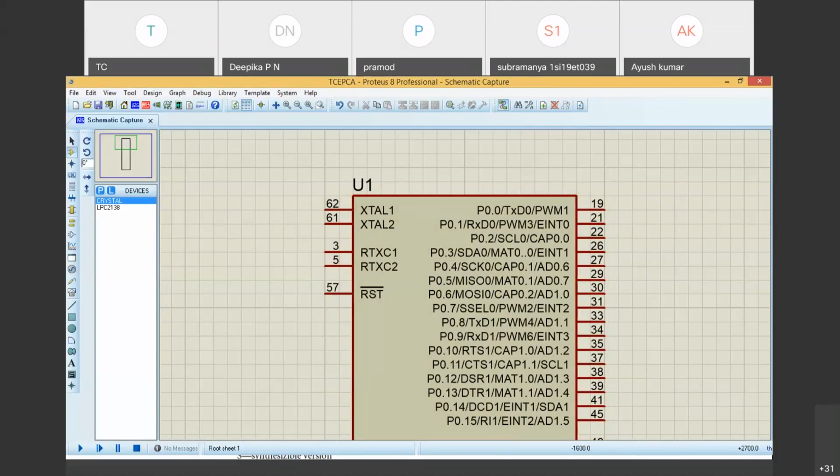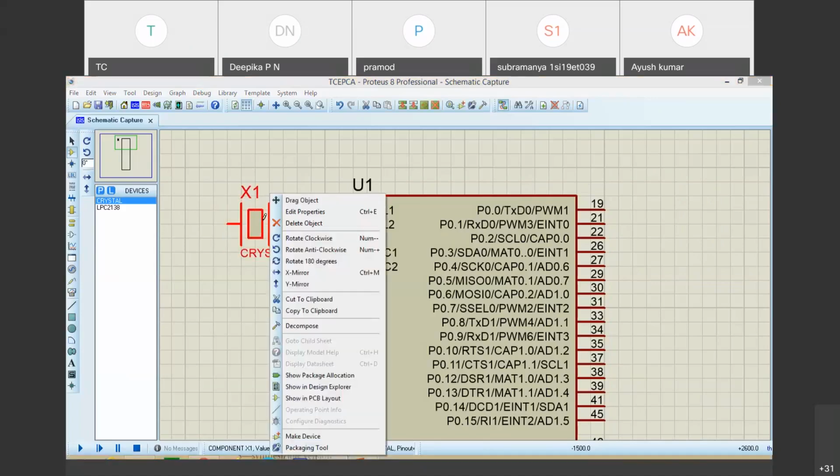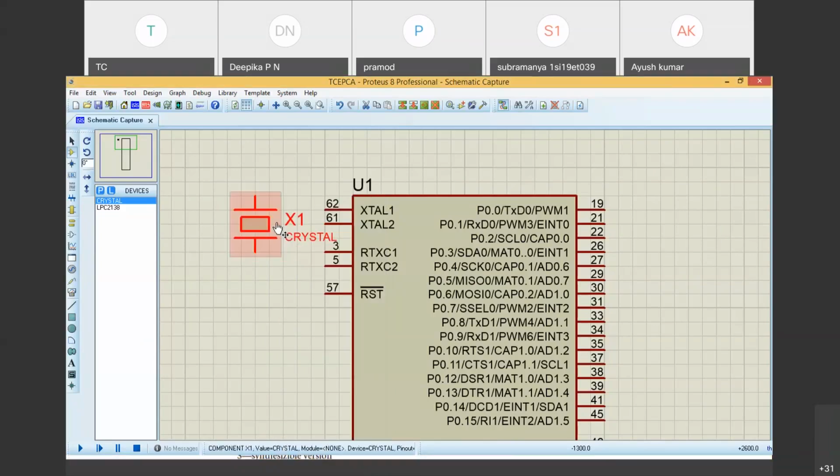So I'll just come and click here. When I click here, it will come like this. Again, select means come on that component. Just bring the cursor on that component. Right click. You will observe so many things. I'll say rotate clockwise, I'll rotate once so that connection becomes easy. So this crystal oscillator should be between these 2 points, XTAL1 and XTAL2.